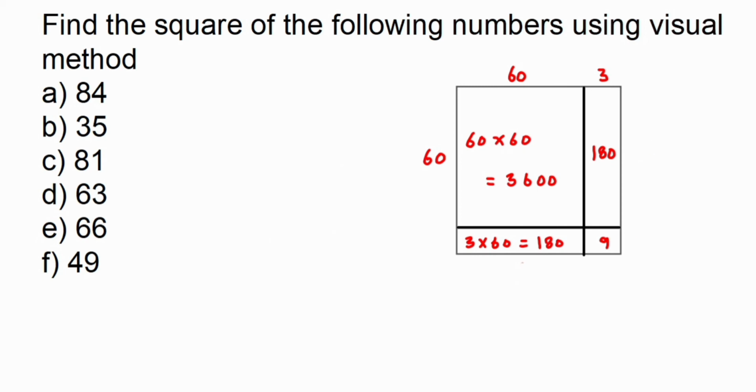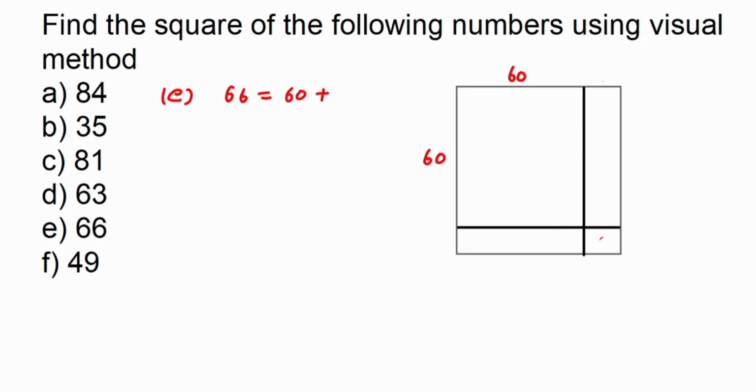See, we are just assuming here that suppose this is like one second. Yeah, so 66 can be written as 60 plus 6. So we'll assume that this will be 60 and the rest of the part be a 6. I know this is not a 6. If you want to redraw the picture, you can just redraw this, or you can leave it like that. This is just an assumption we are making.